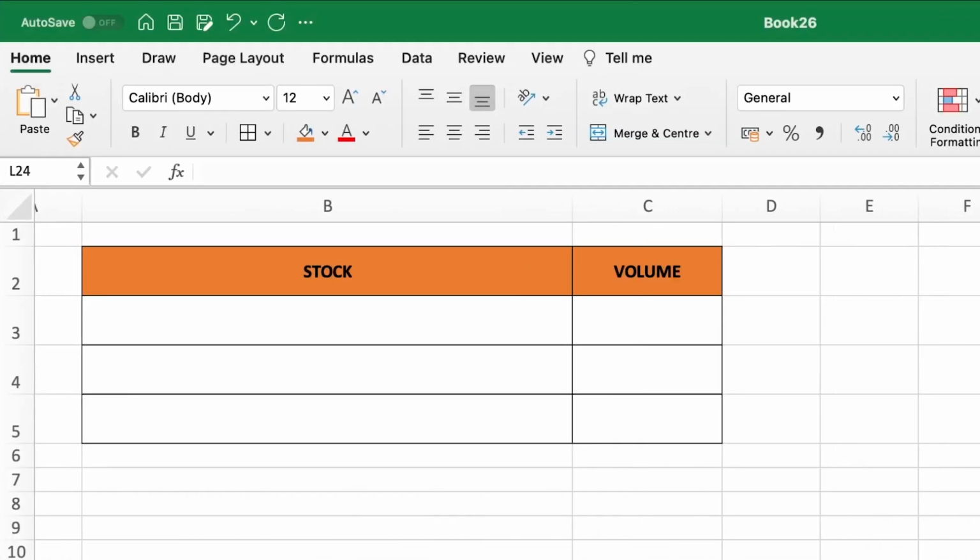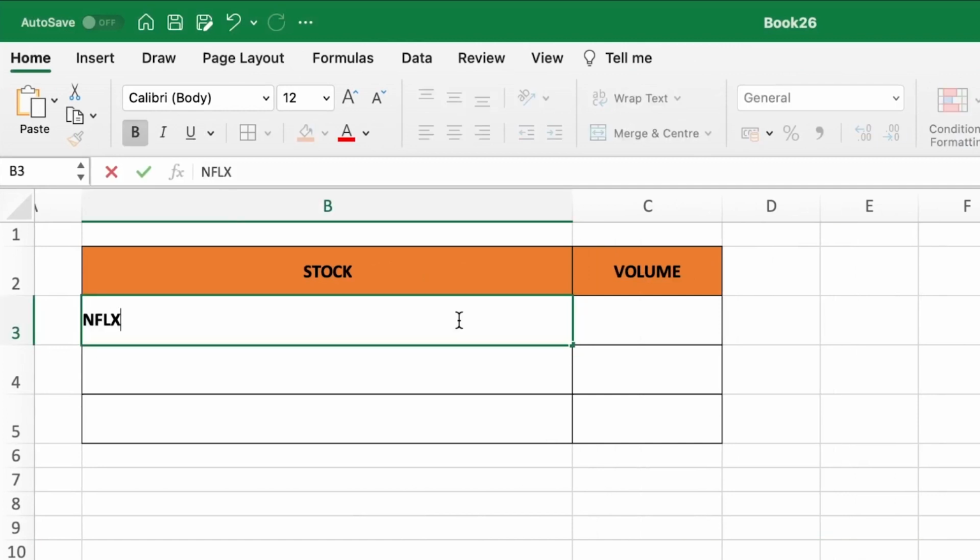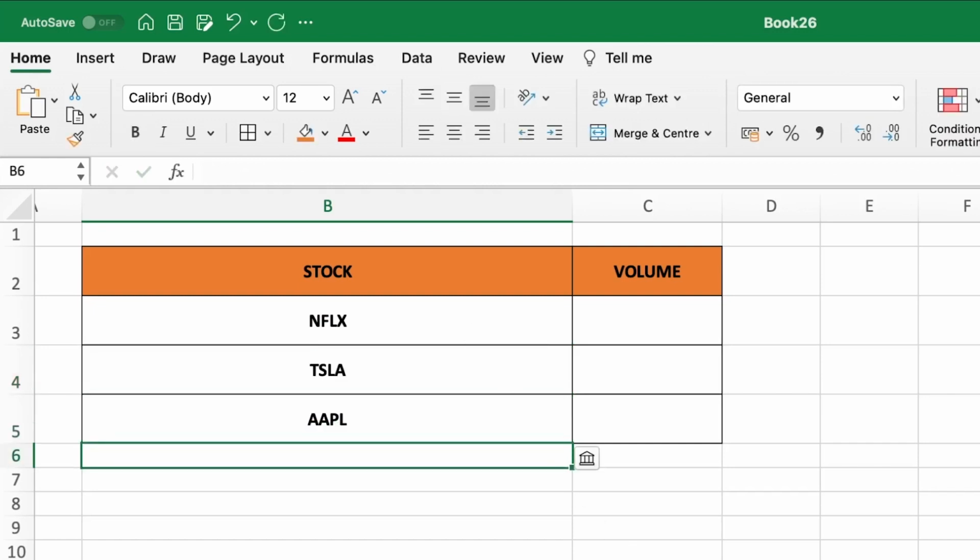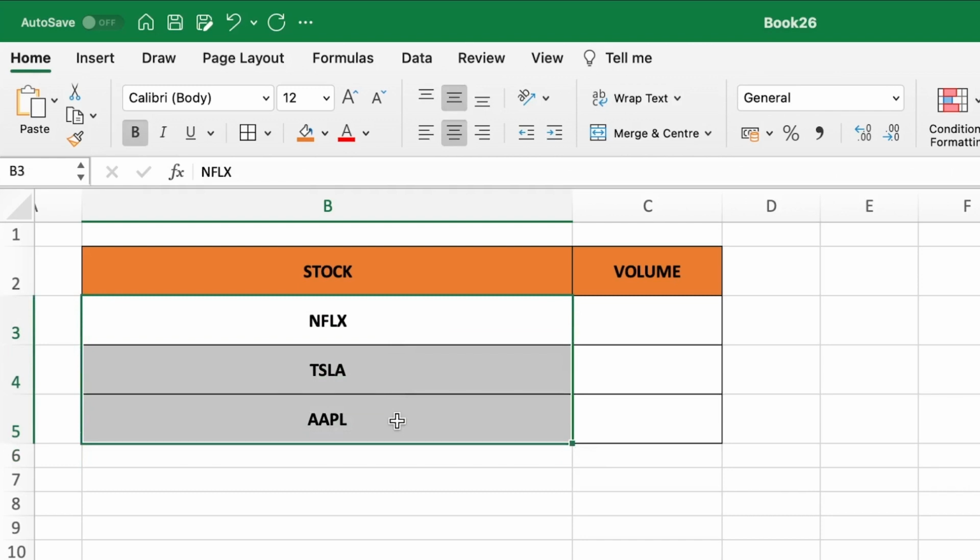First, we need to enter the stock symbols, tickers, or company names we want to get certain information about. Let's fill in the tickers of the companies Netflix, Tesla, and Apple. If we only fill in the company names, we may end up with a typo in the table, which may affect our final result. If we have filled in the tickers, we mark the area where we have entered this